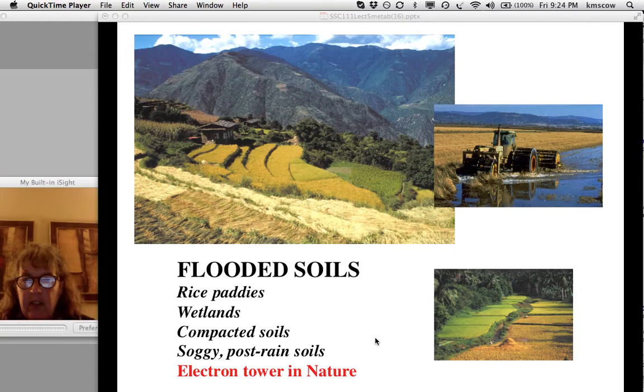And we're going to look a little bit at why we see this succession of different electron acceptors being used, sort of dominating, either with depth or over time in the same place in flooded soils. And then we'll also look at other places where we see the same kind of phenomenon, but flooded soils are loud. And the other thing I want to remind you is that you have a lab on flooded soils where,